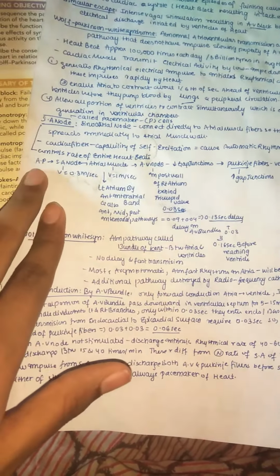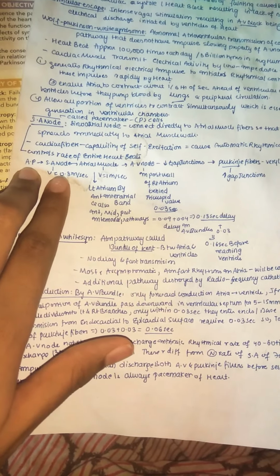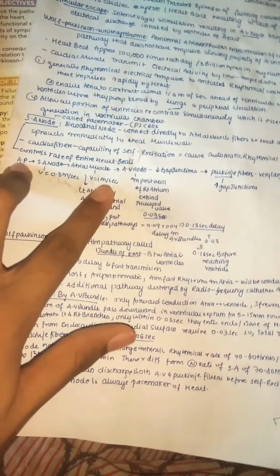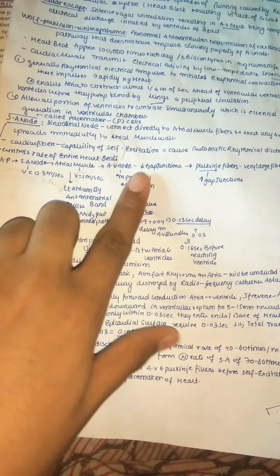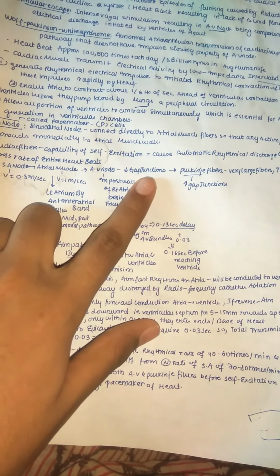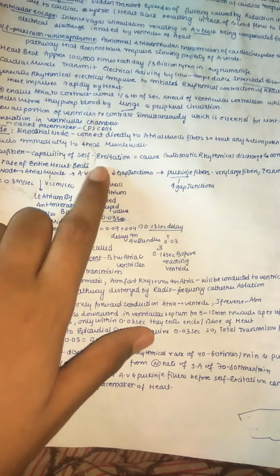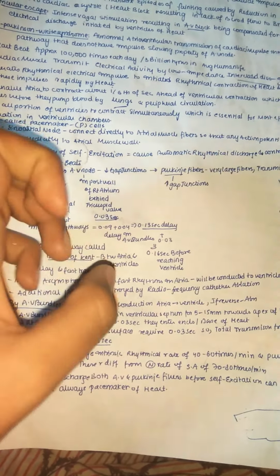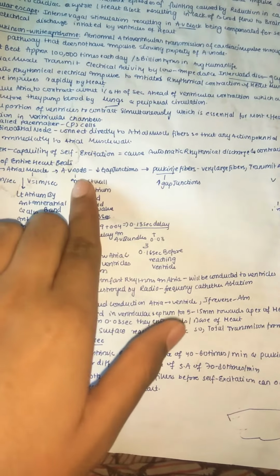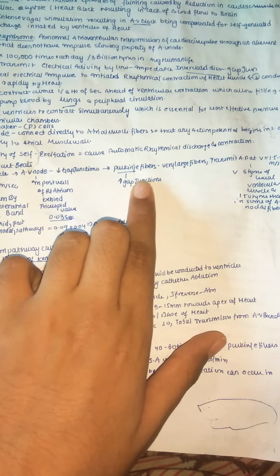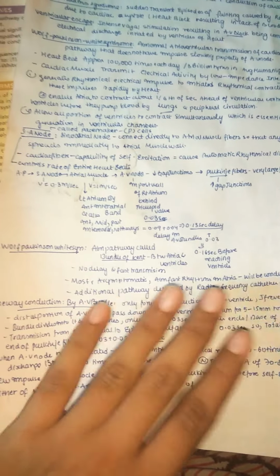First the action potential is formed in the SA node, and next from the SA node it transfers to the atrial muscle, and from the atrial muscle to the AV node. In the AV node the gap junctions are very low. We'll discuss everything in detail next. So next from the AV node it will pass to the Purkinje fibers. This is how the impulses, the current, is passed in our heart.